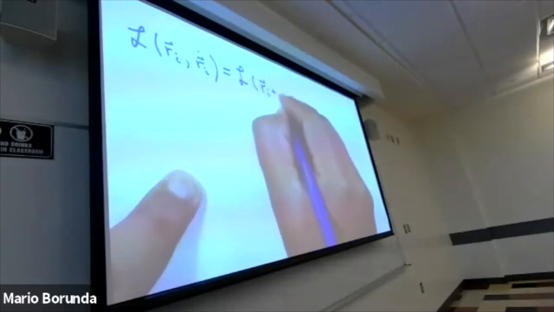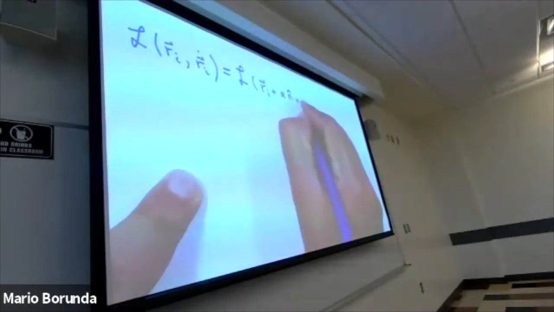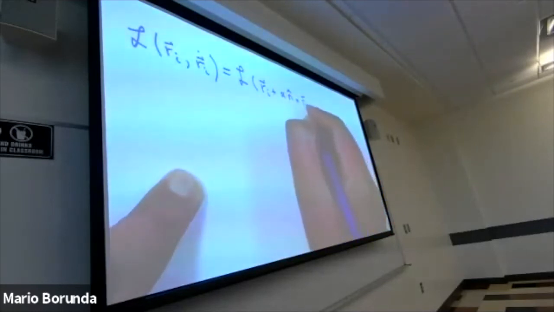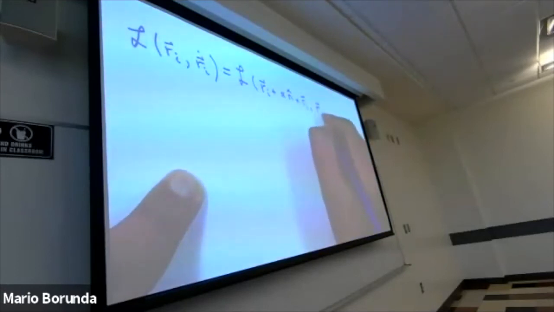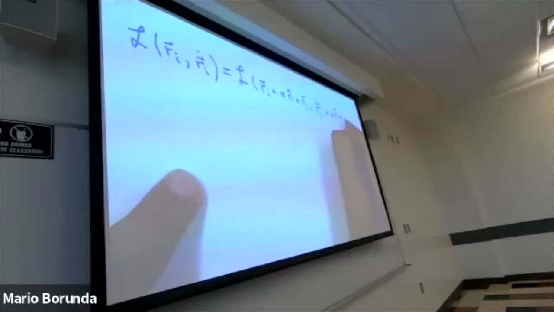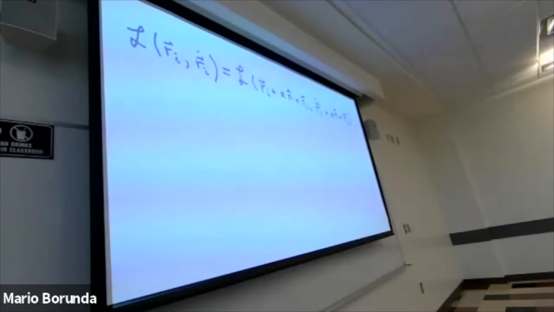So we add this term. And then for the time derivative quantity, we also have this right there. So this is the change that we have, the mapping that we did. And if we grab that Lagrangian, we get that